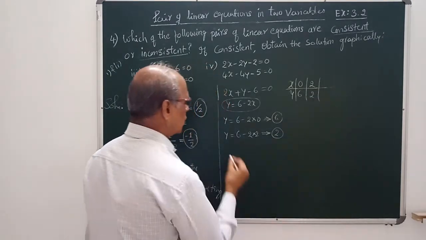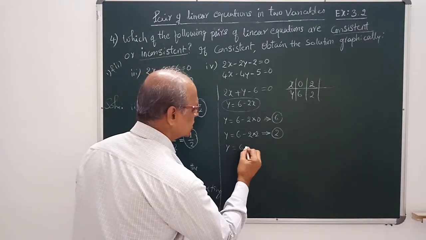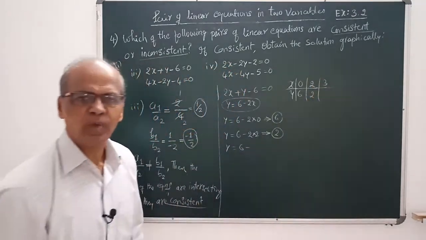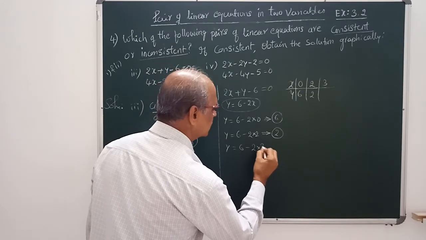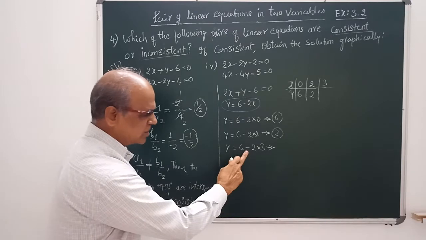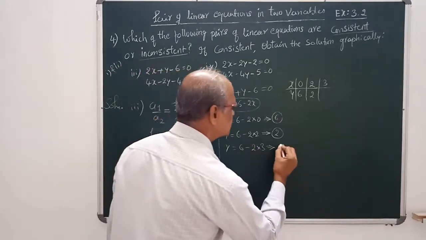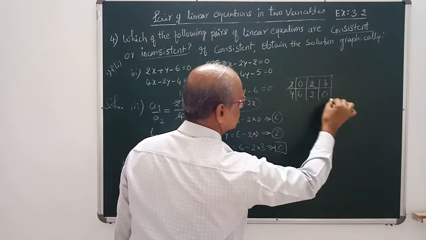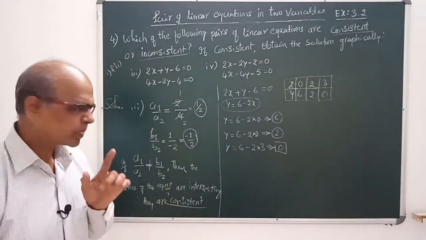Right? Okay. Now let us assume the x value here as 3. What is our x value? 3. Okay, 6 minus 2 into 3. Here see, 6 minus 2 into 3 is 6, so minus 6 plus 6 becomes 0. That means y is 0. So these three values are enough. Right? This is of equation 1.